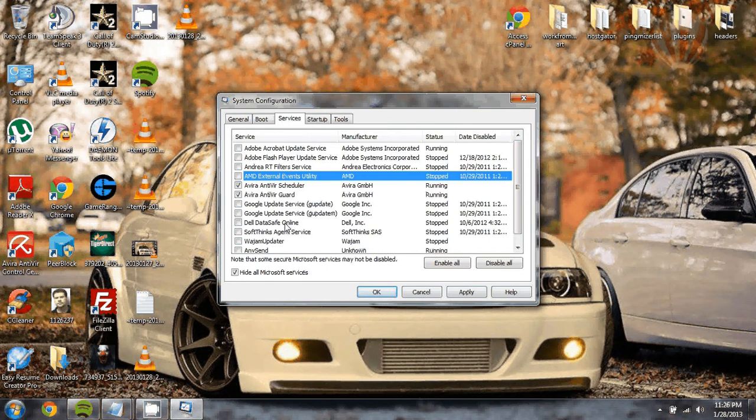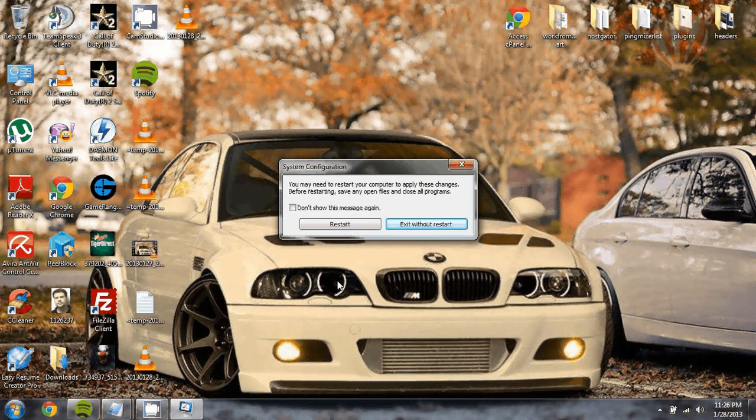So that being said, you apply it. Okay. Once you apply it and hit OK, it's going to ask you to restart your computer. Alright, so once you hit restart,